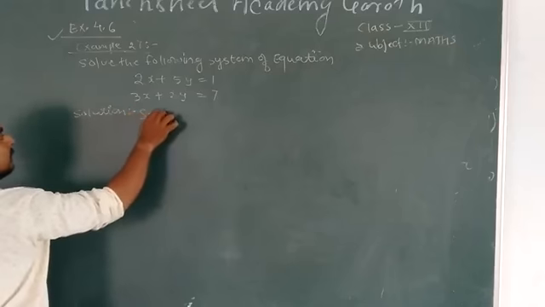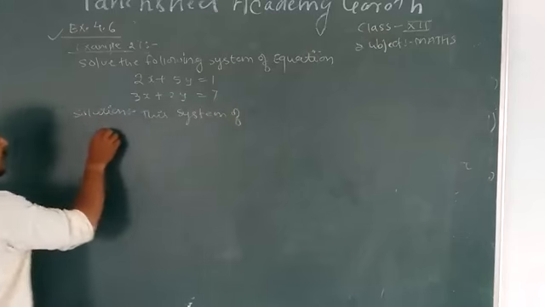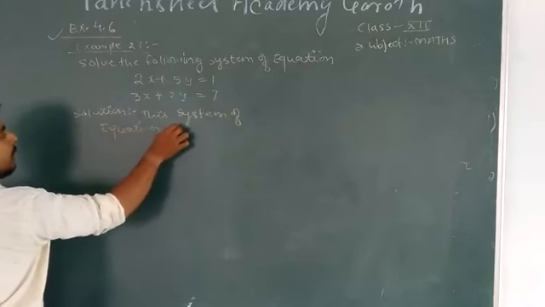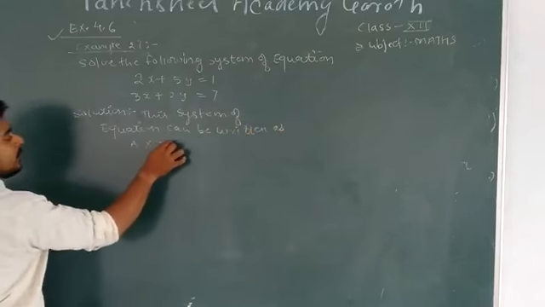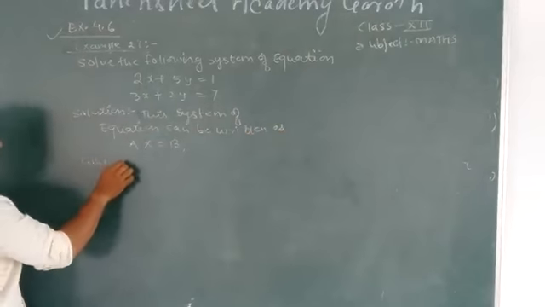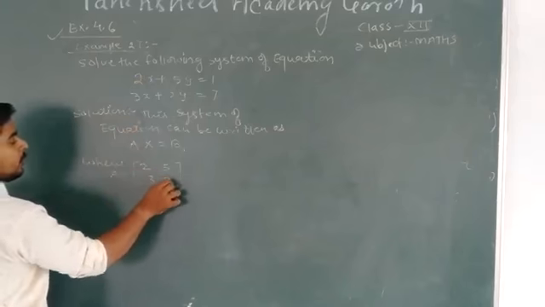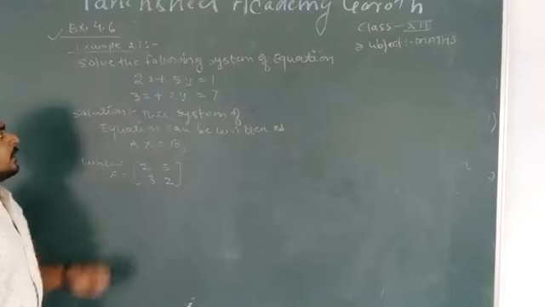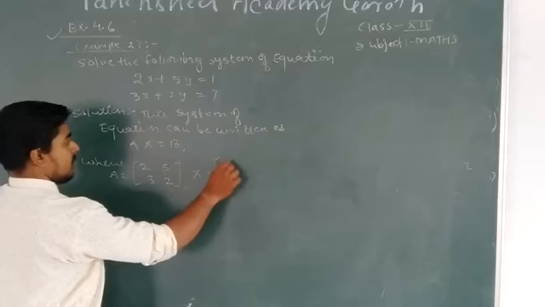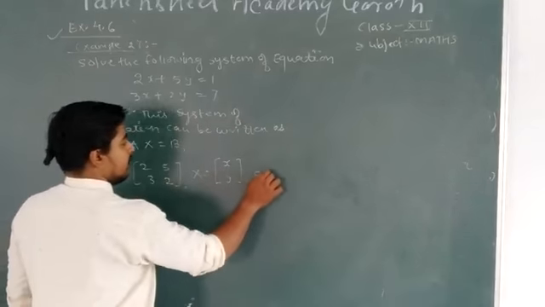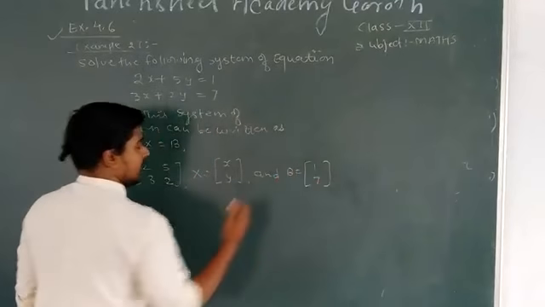This system of equations can be written as AX is equal to B, where A is a matrix of coefficients of x and y, that is 2, 5, 3 and 2. हमने क्या कर लिया, A जो है वो x, y और इनके जो कोएफिशिएंट है उनकी मैट्रिक्स है, where capital X is another matrix which contains the two variables x and y, and B is a third matrix which contains the values of the RHS, that is 1, 7.